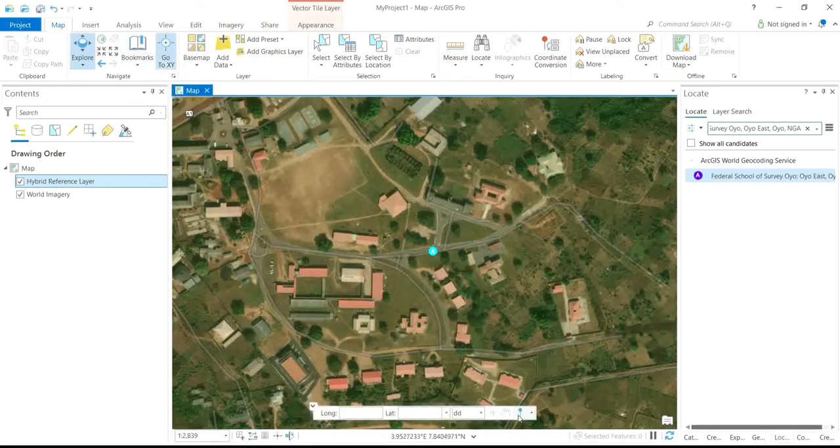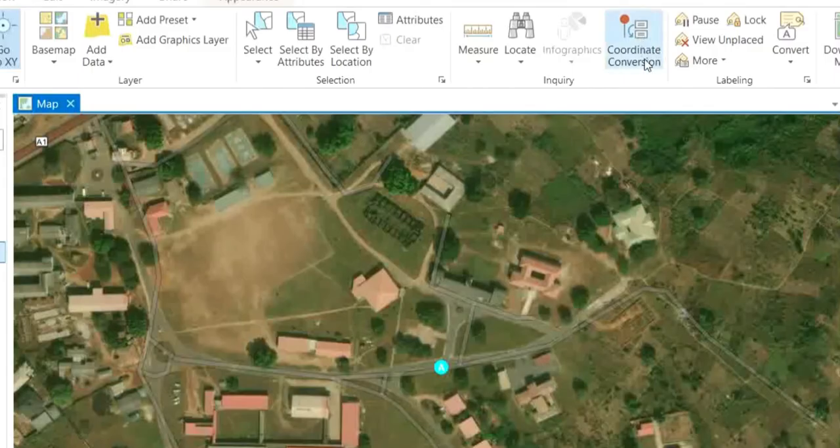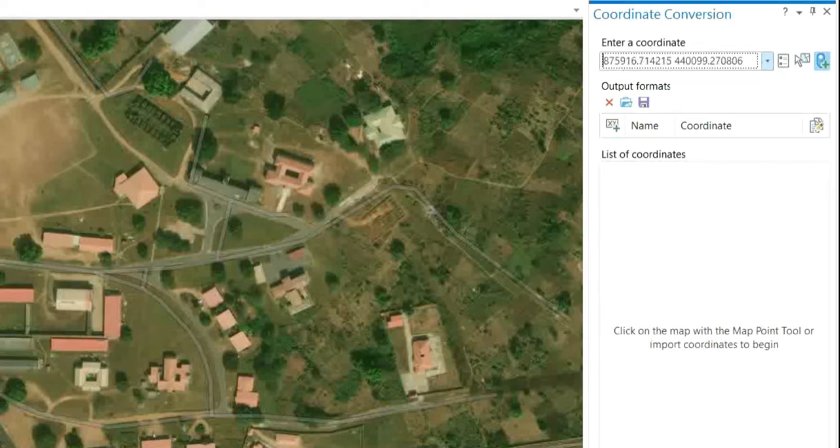also, like I said on my last video, under go to, you can go to any location using UTM. You can use US National Grid. You can use degree, minute and seconds and likes. But before that, let me quickly show you something on convert to coordinates. Coordinate convert, this icon here, coordinate convert. When you click on it, now under coordinate convert here we have